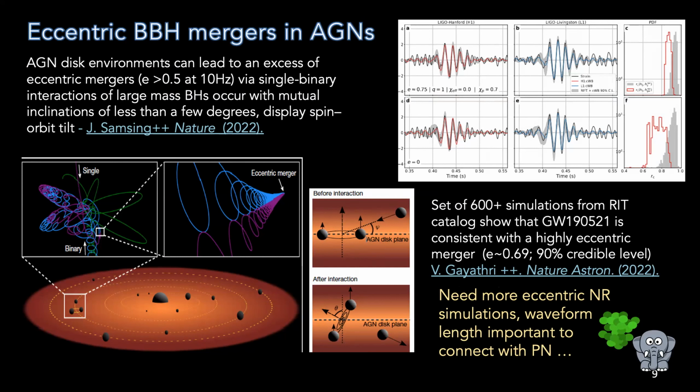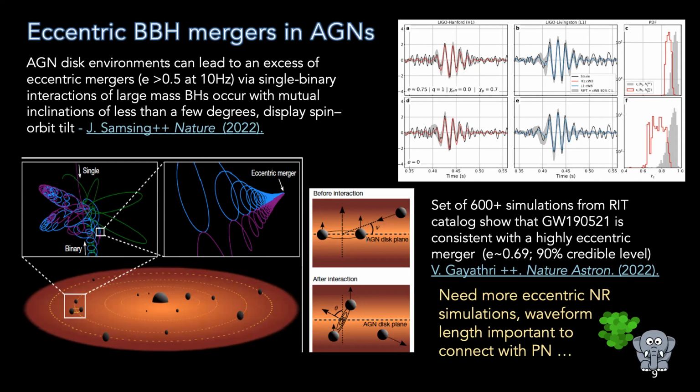have an eccentricity that exceeds 0.5. This was done using post-Newtonian calculations, but one may think that if you have an eccentricity of greater than 0.5 at 10 Hertz, then there will be large residual eccentricity also possibly lasting at merger. And so this is very exciting also because these black holes would be spinning and they would also display orbit spin tilt. So these are fairly complex and still very challenging simulations to do today.